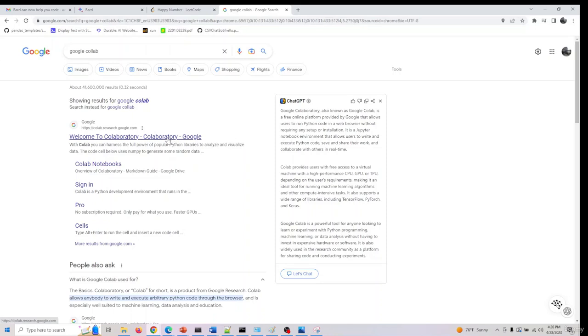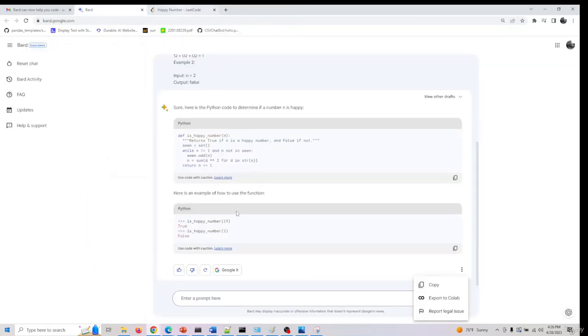If you have used Jupyter notebooks, where you write Python code, most data science projects, data scientists and data engineers use Jupyter notebooks a lot. And if you have used any of the cloud providers, you should have used Jupyter notebooks. Let's see how this would look. If I export to Google Colab, you will see a link on the left here, notebook saved in Google Drive. If you click on this,